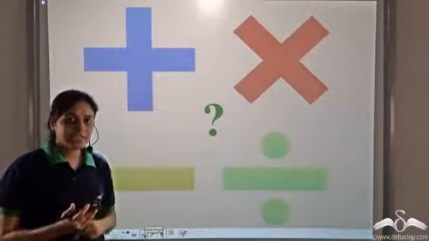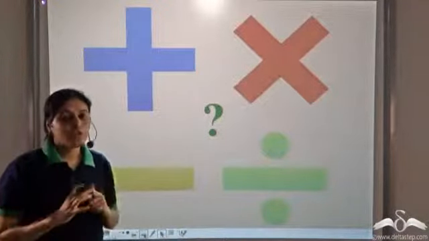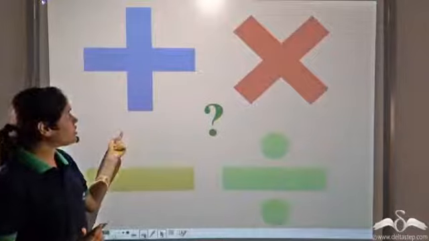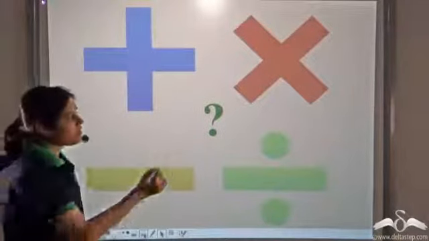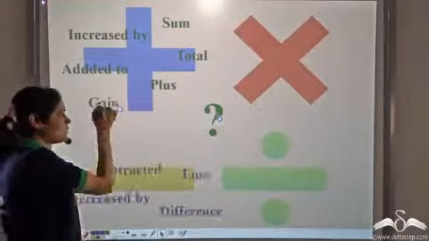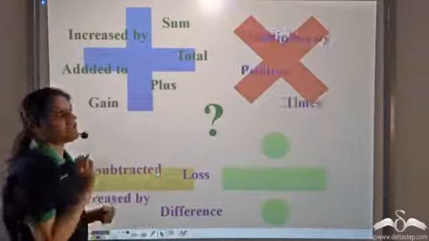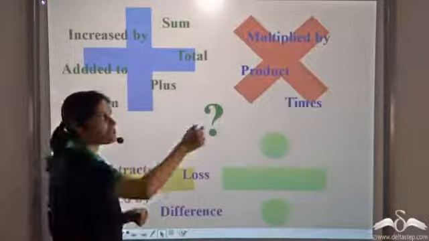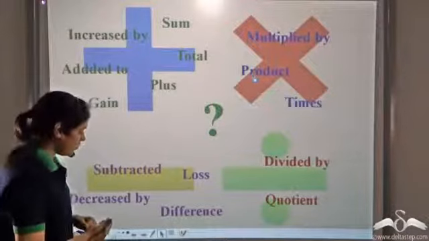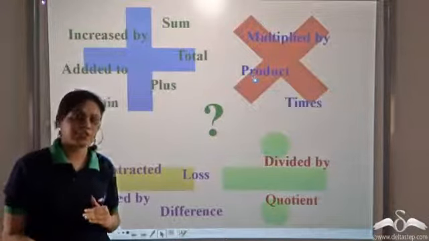We know that in English, more than one word may have one meaning, so we cannot assign a single word to an operation. We cannot assign just one word to addition. There are many words which represent addition, like these. Similarly, there are many words which may mean subtraction, multiplication and division. So we need to know which word actually represents which operation.